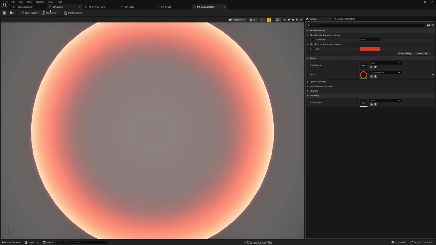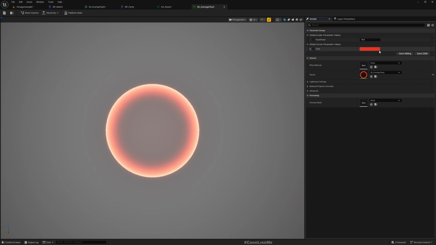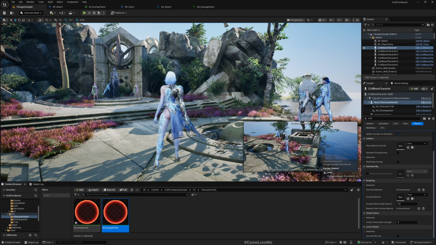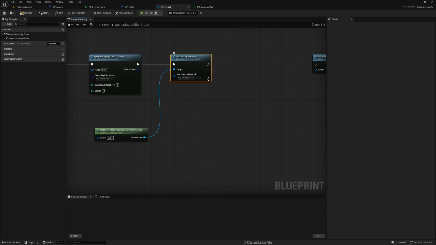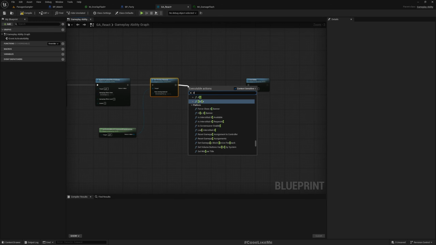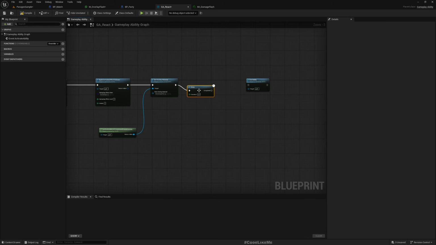I'll override this here so that even if I make any changes to the parent, hopefully these values should stick apart from the material code. So now I'll use this MI damage flash. Later on I can duplicate this instance and have a different color for parry or dodge flashes. Now back here I'll assign the MI damage flash and let's have a tiny bit of delay, maybe 0.2 seconds is enough, and then